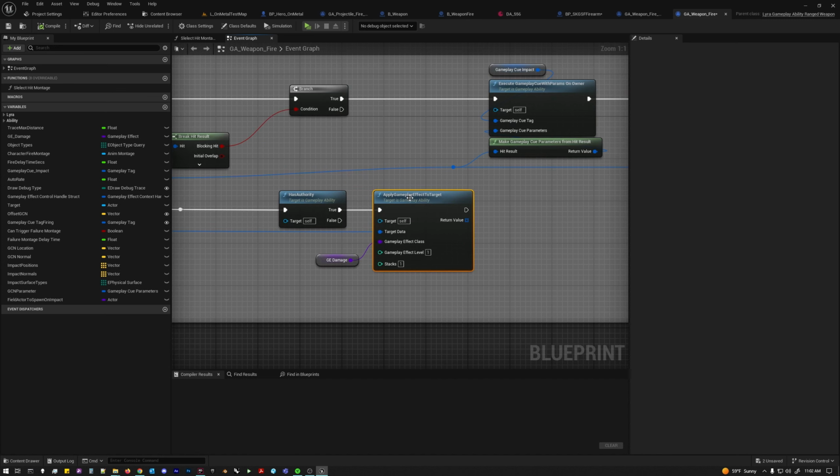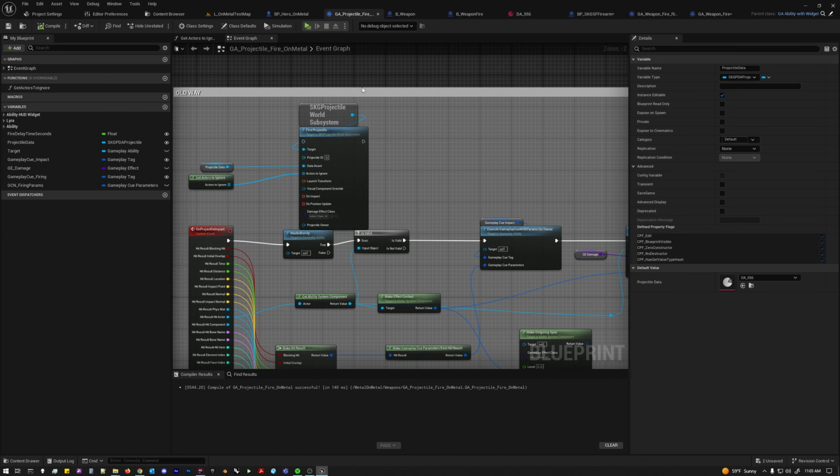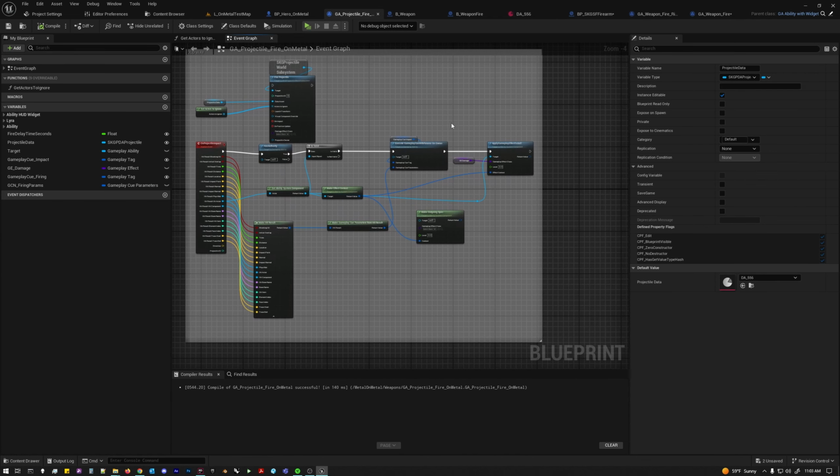So that can be a confusing concept here, because you're thinking, I shot a bullet, the bullet hits another actor, and then the actor is damaged by my bullet. Yes, there is a chain of ownership from the actor to the affected actor. However, in the gameplay ability system, it's often applying a gameplay effect to target, instigating the actor to apply the gameplay effect to themselves, to the source. Okay, so I just want to be clear, because that's where I had some problems with this initially in trying to understand how to do this,